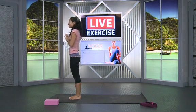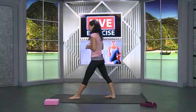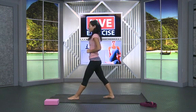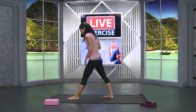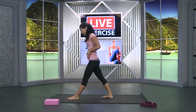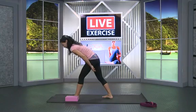So we can stay facing this direction. I'm going to step the right foot back. So we're just going to come into that staggered stance, right foot out to a 45-degree angle, left toes straight forward, working on getting the hips to square, all right? So if you need to adjust the toes, it's very important. If you need to adjust the toes to face a little more forward to get the hips to square, that's okay. Do that, okay? Another thing is get this block to the outside of your left foot for now, all